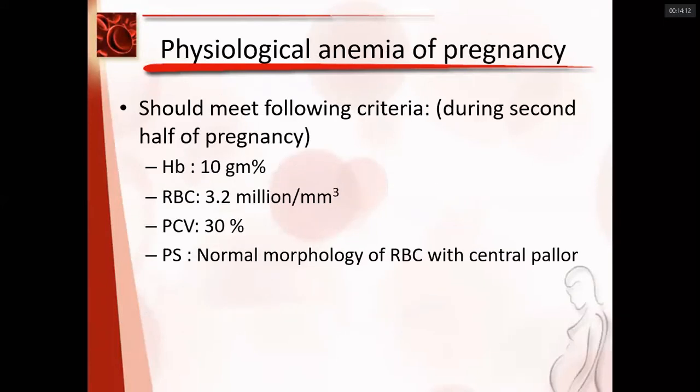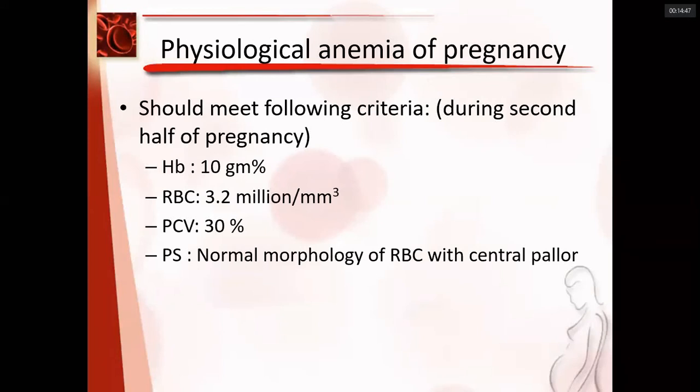So I briefly mentioned the physiological anemia of pregnancy. It is the drop in hemoglobin in the second trimester. In the second half, if the hemoglobin is 10 gram% and the RBC is 3.2 million per mm³ with normal morphology of red blood cells with central pallor, then we classify that as physiological anemia of pregnancy. Remember, if it is pathological, the peripheral smear picture is totally altered with the hemoglobin dropping far beyond 10